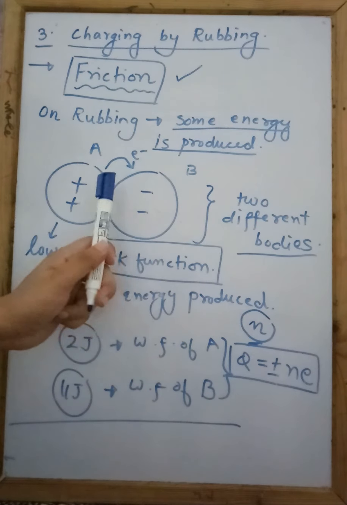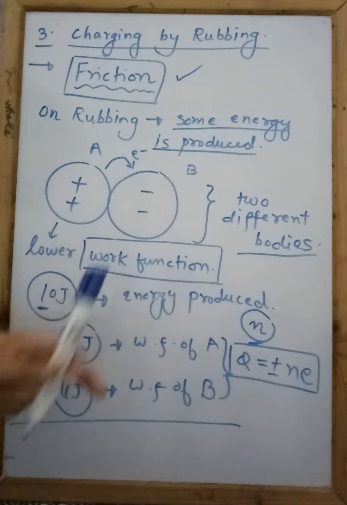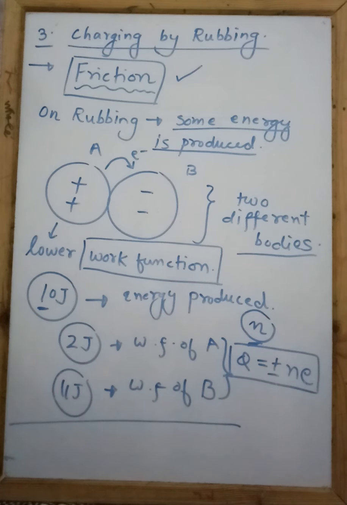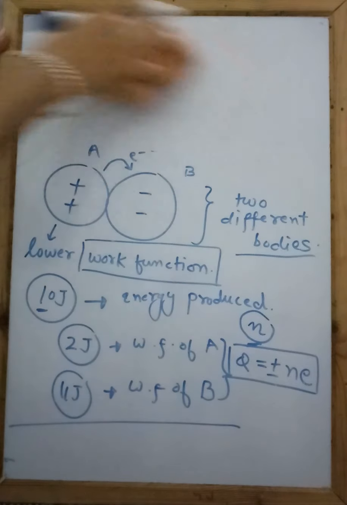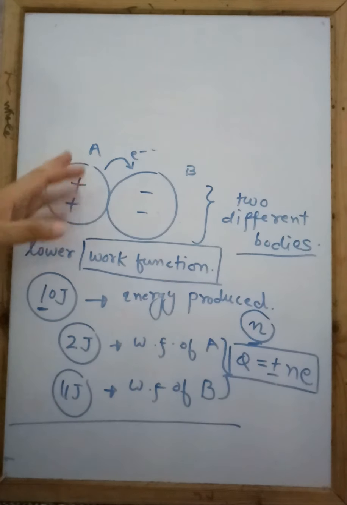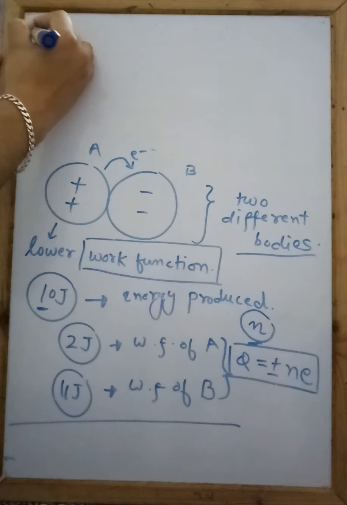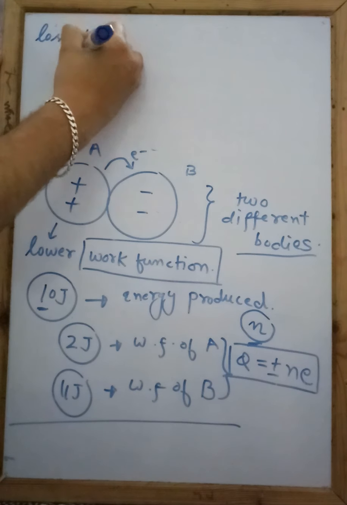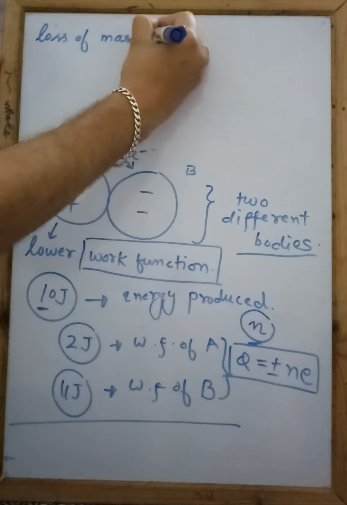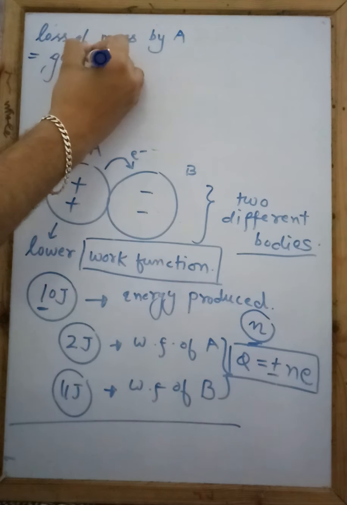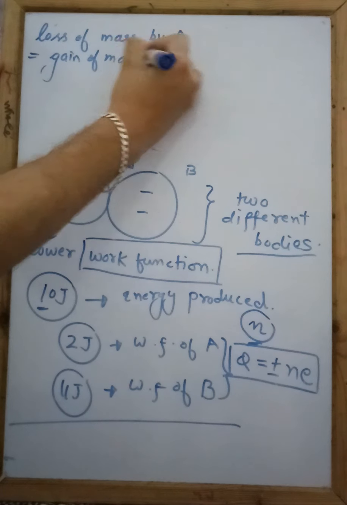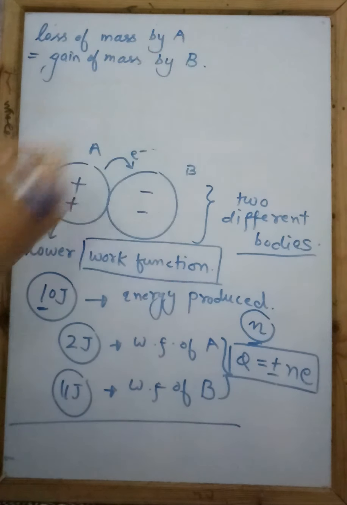Ne आएगा जिसने इलेक्ट्रॉन्स गेन किए हैं। And during this process there is a loss of mass also. So during this process there is a loss of mass by A and gain of mass by B, because electron का भी कुछ mass होता है। So loss of mass by body A will be equal to gain of mass by body B।